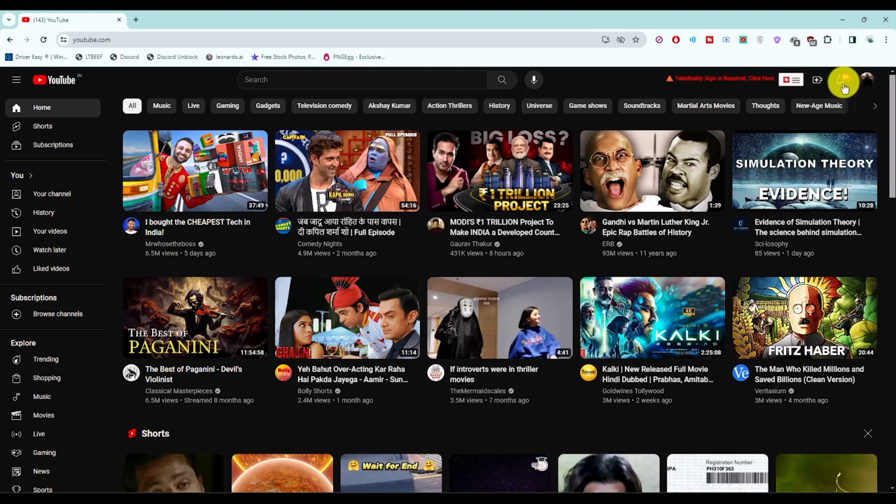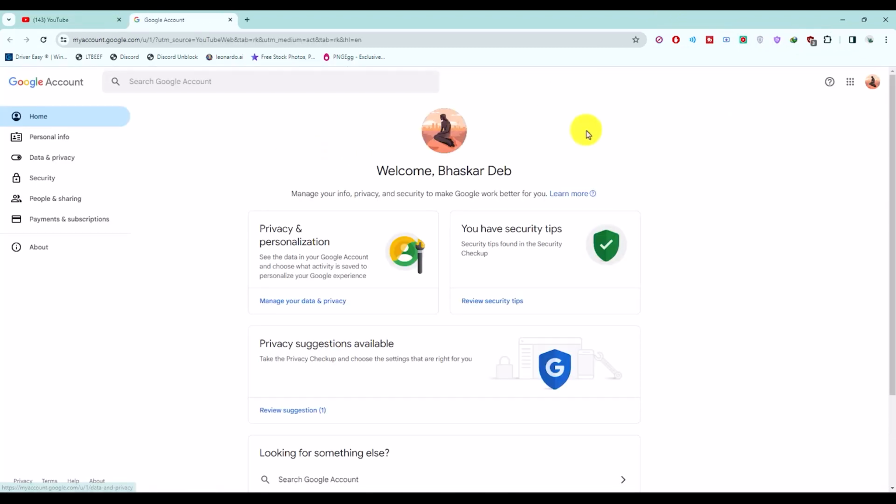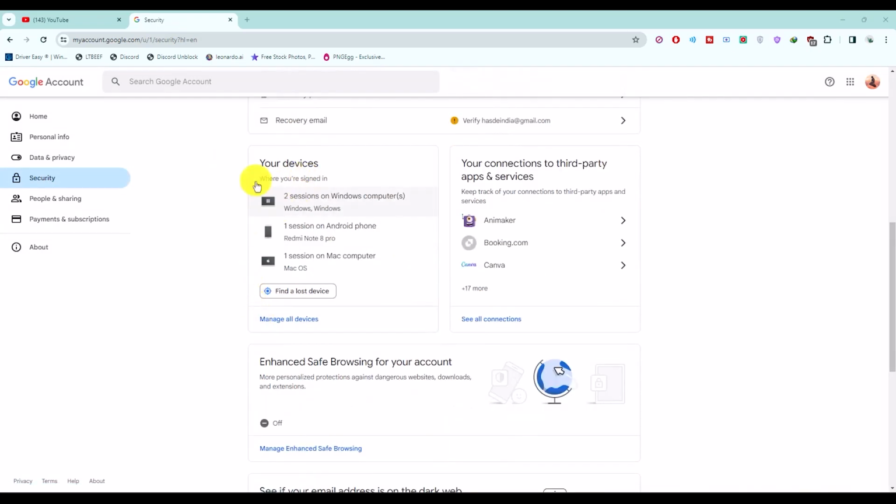All you have to do is click on your profile, then click on Google account. Then after that, just click on the security panel right over here. Now, once in the security panel, just scroll down till the very bottom of the page, and over here you will have the option of your devices. Now, all you have to do is just click on manage all devices,